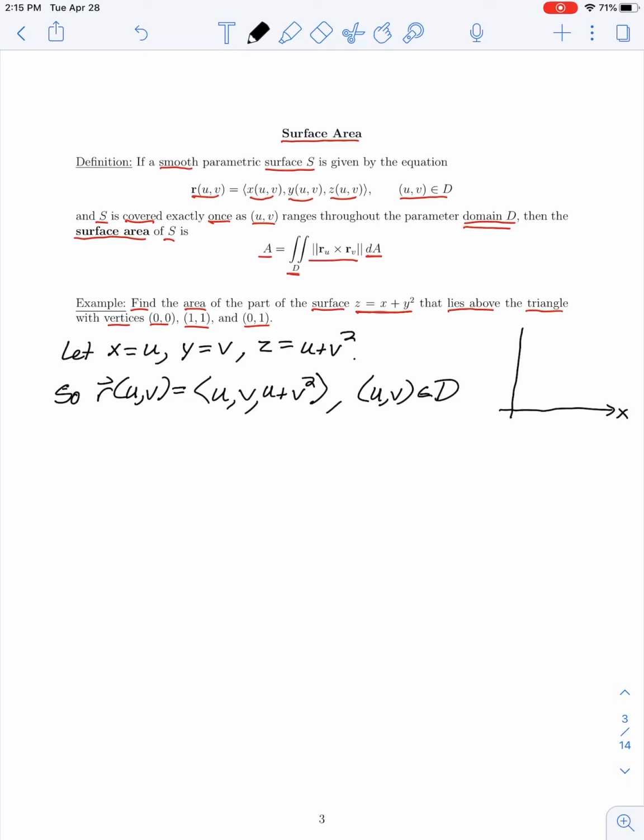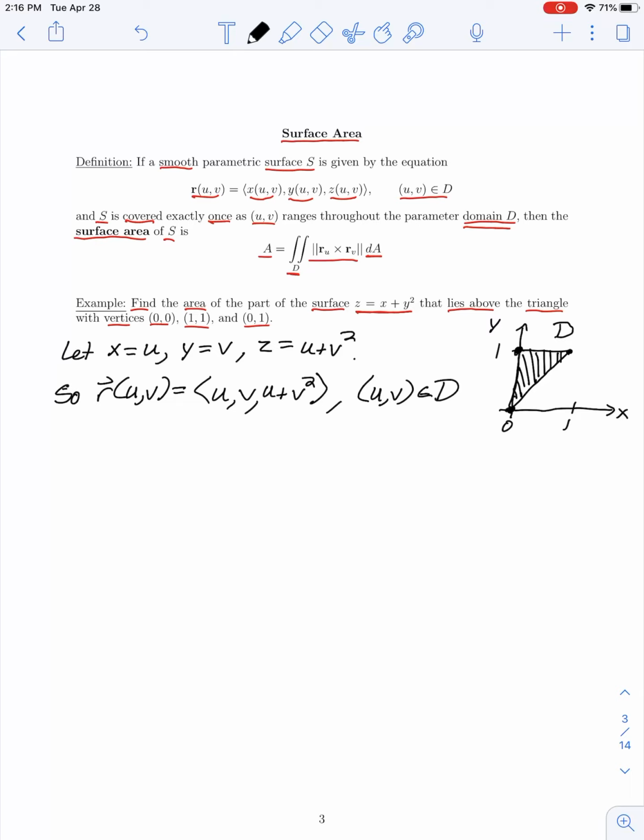So within the xy plane, we're looking at a triangle whose vertices are at (0, 0), (1, 1), and (0, 1). So we're looking at the triangle shown here. And we want points that lie inside of that triangular region. So this is the sketch of D. So in order to find our surface area, using the formula that we've given, or the definition that we've given above,